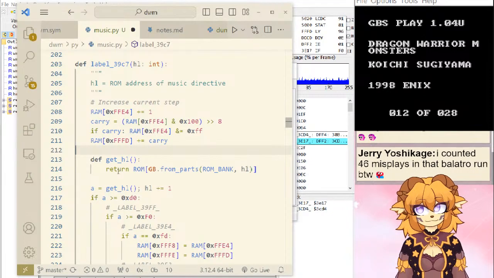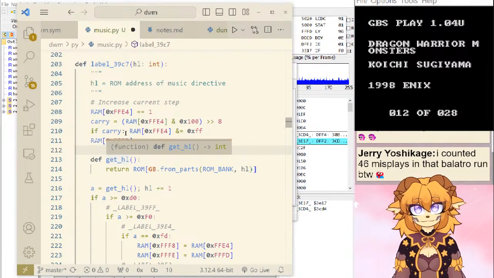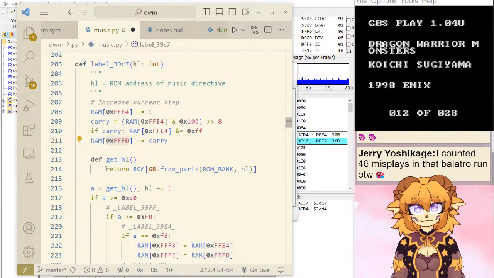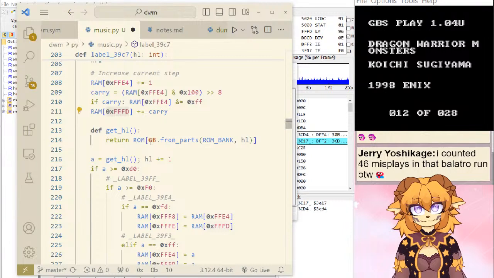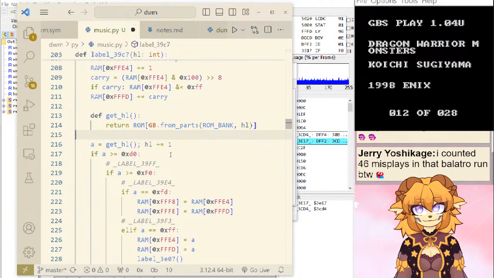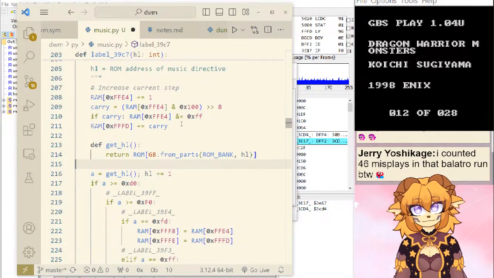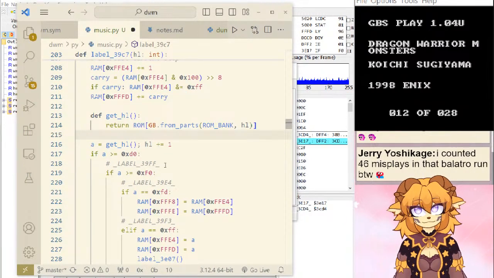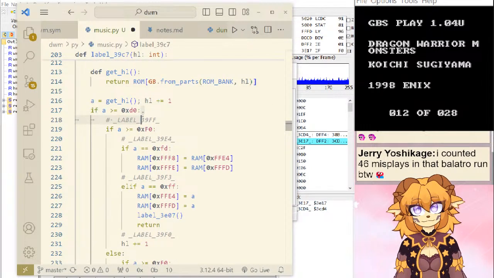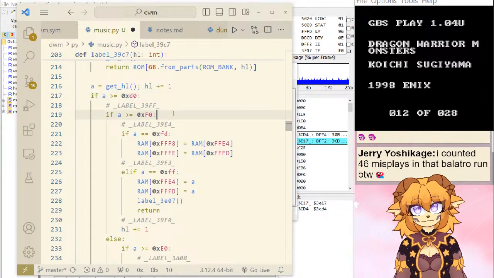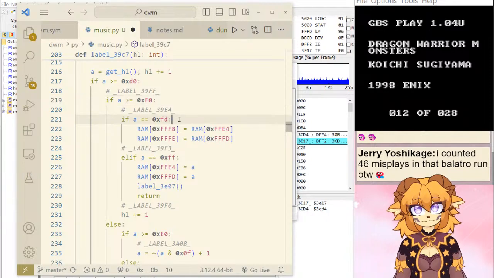I guess they didn't expect any music to be over 256 bytes, and they were like, well, shit, now we need another byte. It's HL. It's over D0. Over F0. FD. F0.